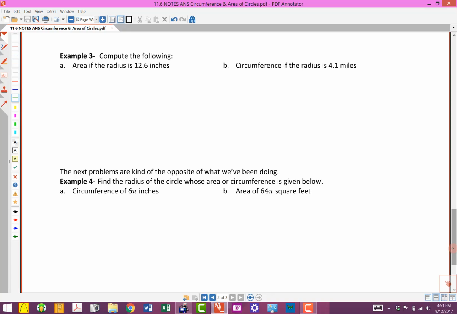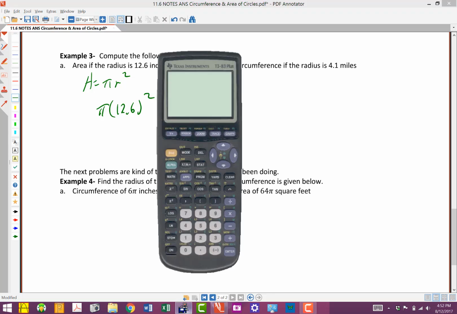So example 3, it says compute the following. Compute the area if the radius is 12.6 inches. We're going to be using an area formula, so let's write down what that is, pi r squared. And it says figure out the area if the radius is 12.6 inches. Well, this is the same as the other side, they just didn't give us a picture. So it's going to be pi times 12.6, and we're going to square that, so we'll grab a calculator. I'll clear this off, we're going to do pi, however you need to bring that up on your calculator, 12.6. I'm going to square that, and we end up with